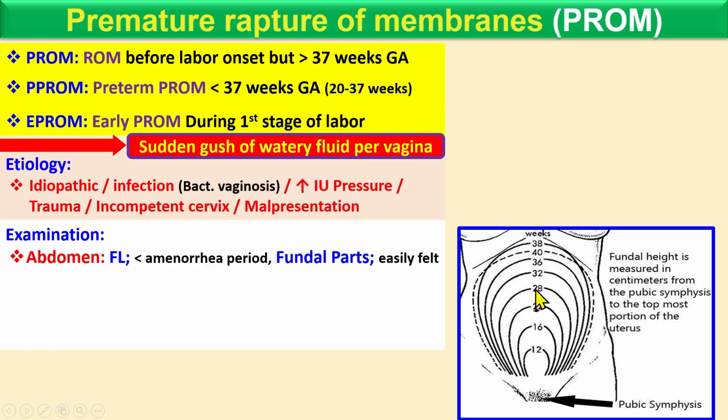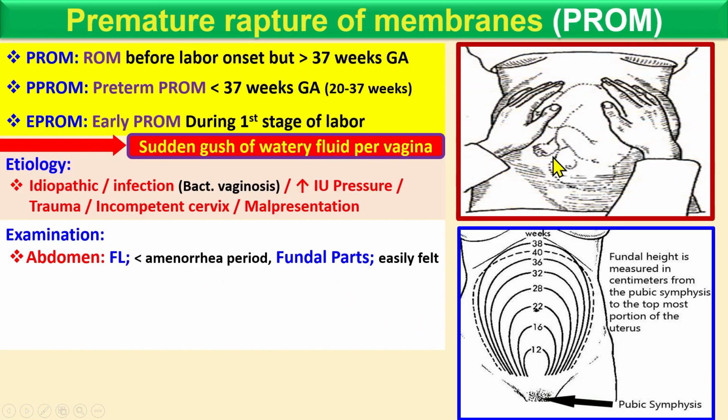But if the rupture occurs, premature rupture, the fundus goes back to the amenorrhea level, which is less than the amenorrhea period. You can also easily palpate the fetal parts because there is no amniotic fluid present in the amniotic cavity. If there is tenderness in the uterus, this suggests chorioamnionitis, meaning there is an infection in the